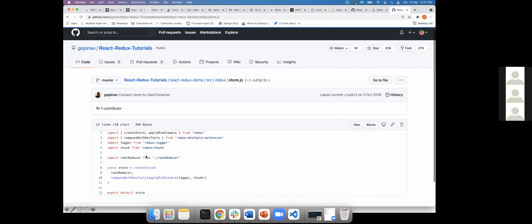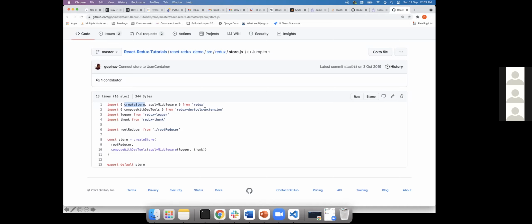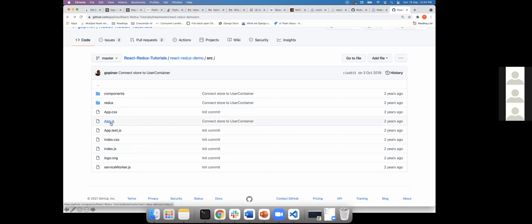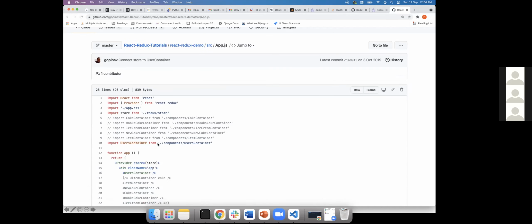Then in the store, we use the createStore method from Redux. I'll tell you what middleware is, and how to connect with the DevTools, and also the logger and Thunk. Let's just think about only createStore currently. So we're importing a root reducer and passing it. createStore will have a few more arguments, but currently we talk only about the root reducer. The store is getting exported, right? Is that clear? Okay. Then in app.js, we have to use the store, right?